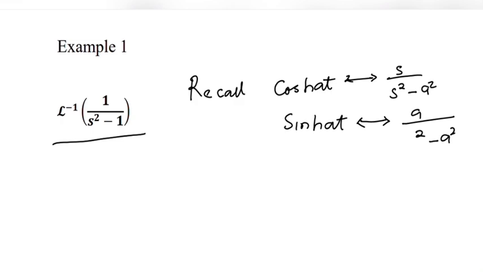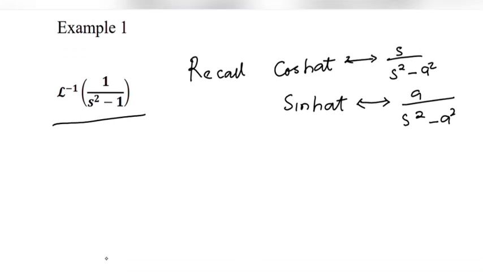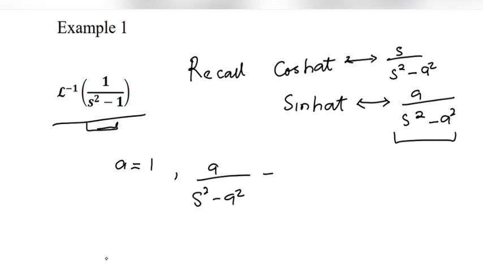And if you recall, cos at is s over s squared minus a squared, and sin at, these are hyperbolic functions. The Laplace transform of this is a over s squared minus a squared. Having this in mind, you can compare what you have here and what you have here. You could see that a here is simply 1, and if you put a to be 1, this will be 1 over s squared minus 1 squared,